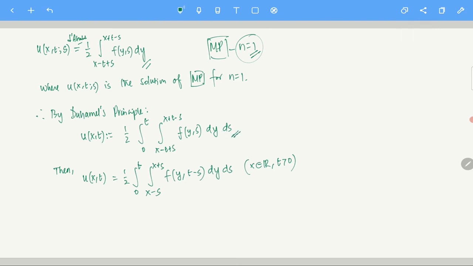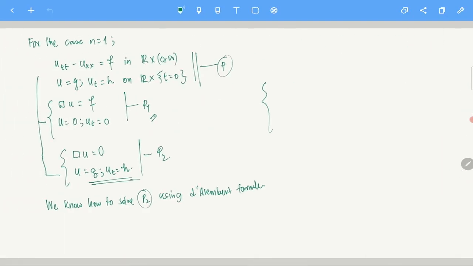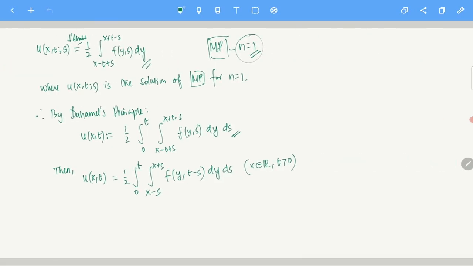This I am not doing because this will be again the same sort of thing. Nothing changes. The same sort of calculation will work, whatever we did for higher dimension, just a little easier. And then you just use a change of variable and write it like this. So this is the formula which you have for one dimension. This is the solution for the one dimensional equation, this thing P1. This is the formula for P1. Clear? Okay. So with this we are going to end this lecture.